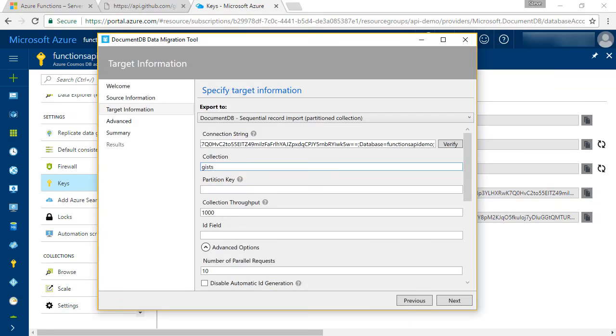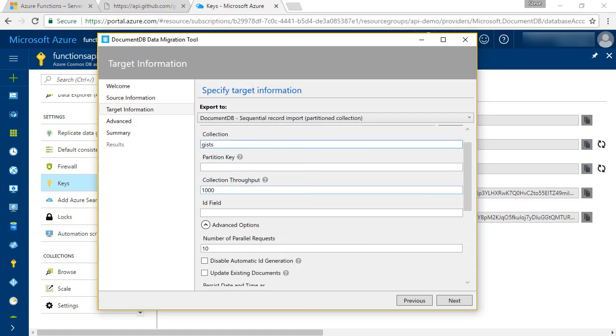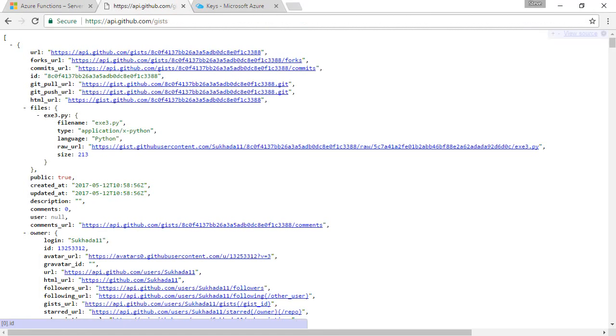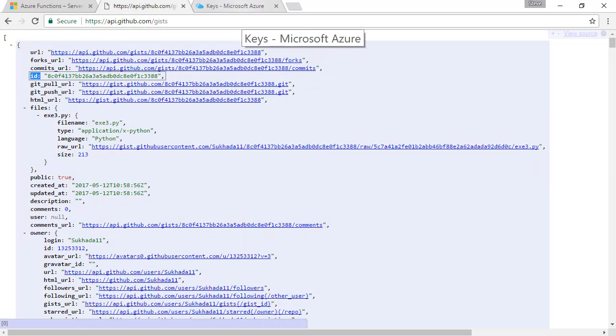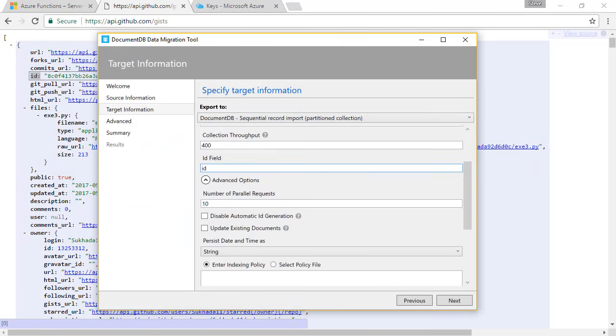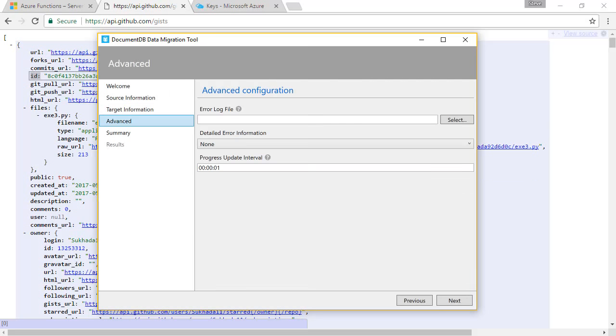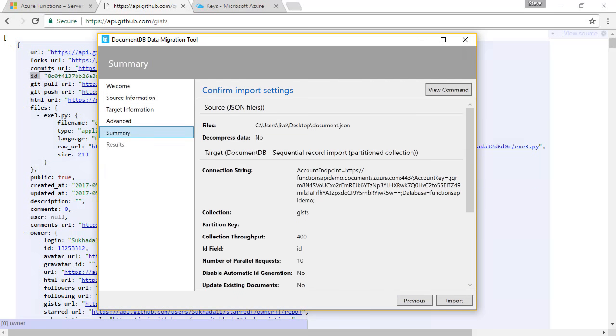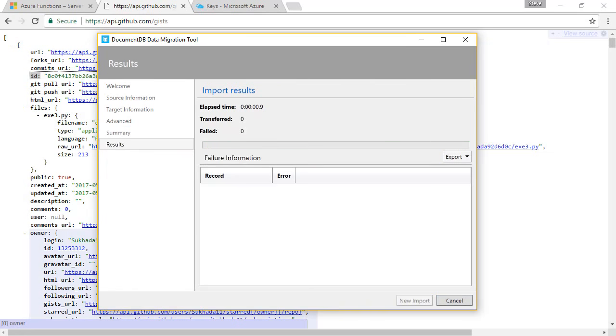We want to create a collection called gists, and because it's only 30 records, we don't need to specify a partition key. Collection throughput, that can be the lowest, which is 400, and our ID field is called ID. So that's where we specify that. Everything else can be the same for this, and we can click import. And you can see here that we've transferred the 30 records. So we can close that down now,